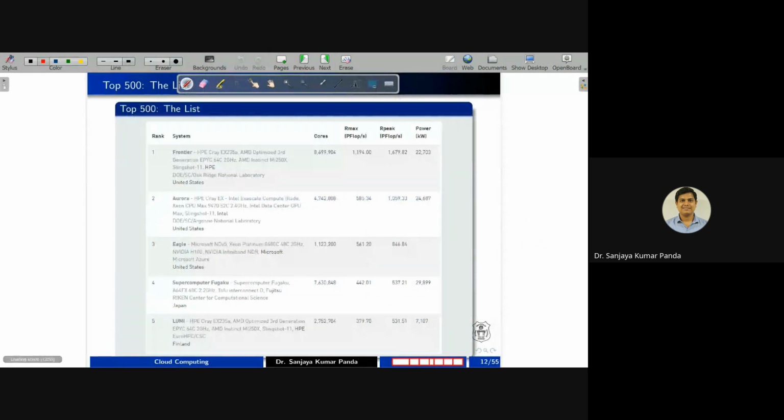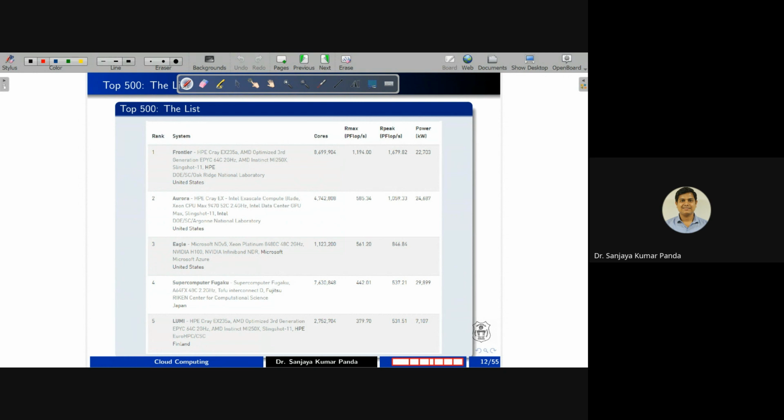Now, why do we need this cloud system? Why are the traditional systems not sufficient? Like in our computer lab, we have a sufficient number of computer systems, right? We have 50 computer systems, 100 systems. Why do we want to go for cloud? Why do we need a virtual infrastructure rather than the physical infrastructure?